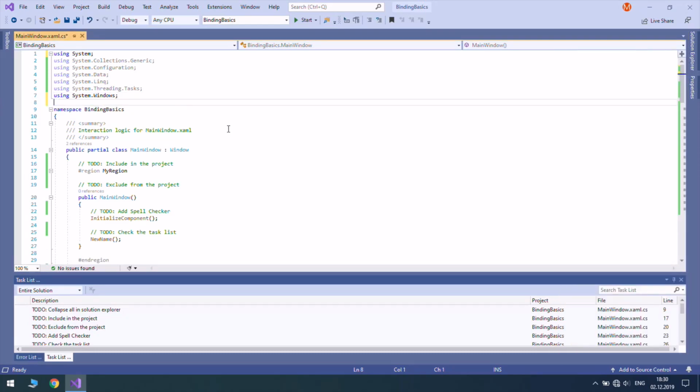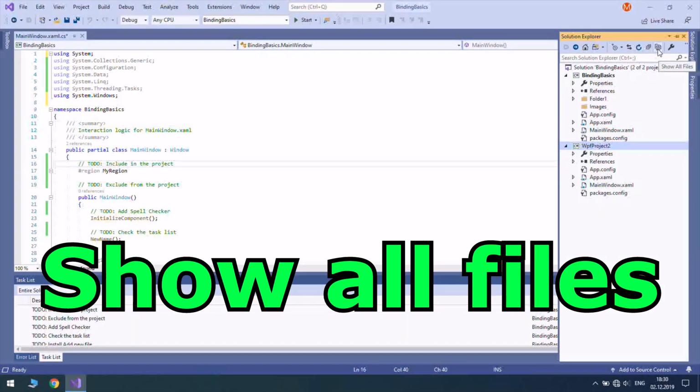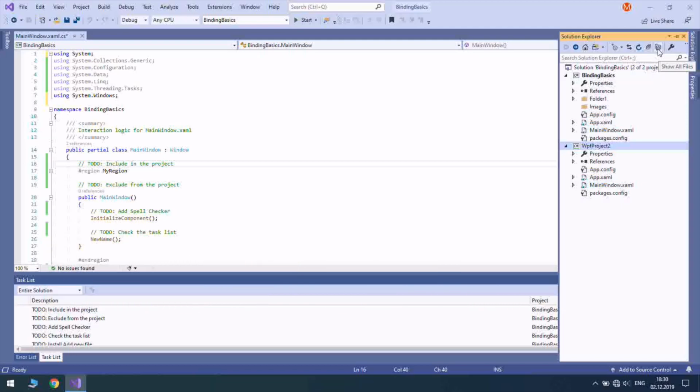So, oh yeah, the next tip is concerning the files that you have in the folder of your project, but not included in the project. I mean this. You have a button here called Show All Files. If I click it, you see the images folder is now shown as containing nothing, but actually there is a JPG file there, so I can view it only if I press this button.